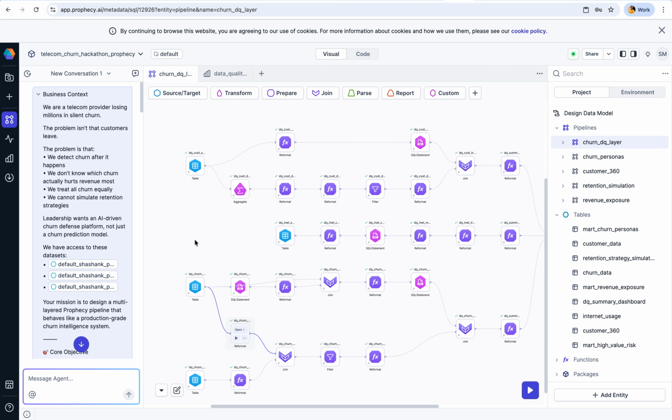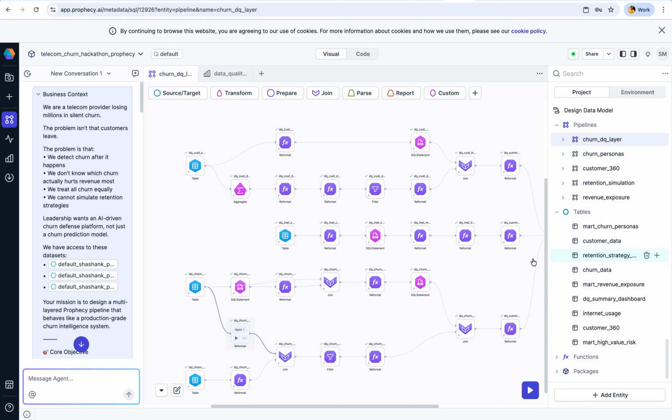So what type of pipelines have I created? I wanted to create a pipeline which is totally AI agent driven. To do that, first I created these data sets which I simply registered here: the customer data, churn data, and the internet users data. After that came whatever layers I wanted to derive. I focused on five different pipelines, which was the overall outcome I wanted to get from this data set, giving different insights.